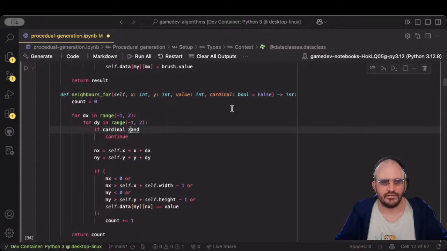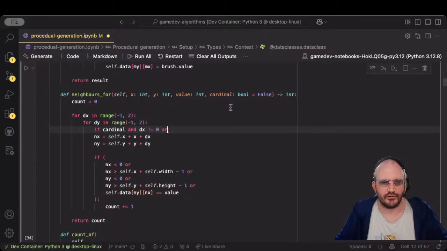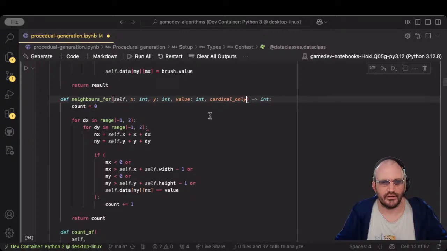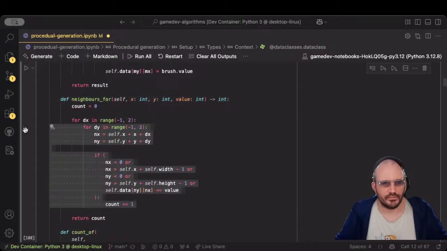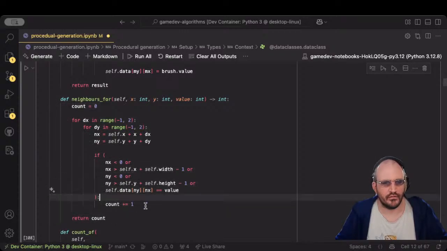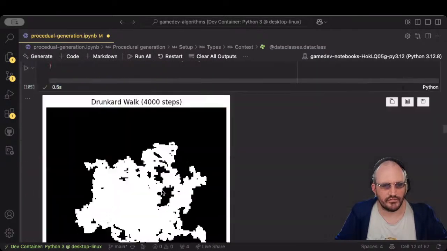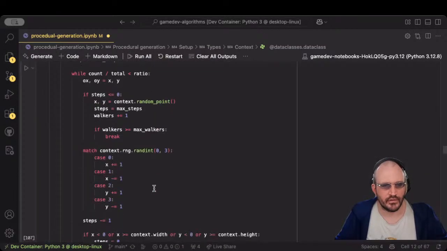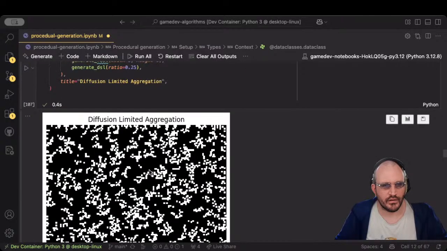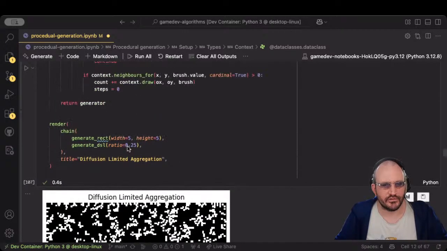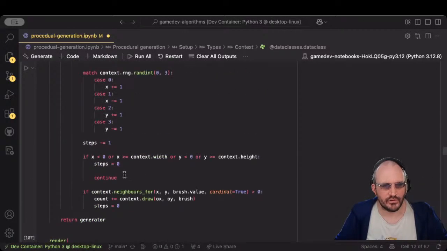Okay, let's take this out. This is not working for us. We have to find another way. But I suspect what we had here is roughly what we will need. So we'll go back down to our diffusion limited aggregation, and we will go